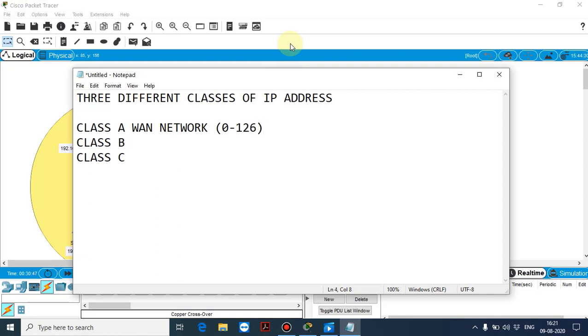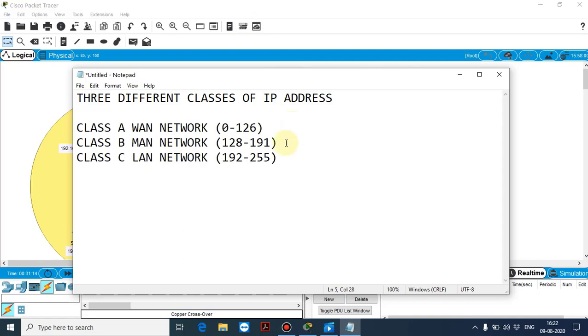Class B ranges from 128 to 191. And class C belongs to a LAN network, and it ranges from 192 to 255. This may vary depending upon the network.